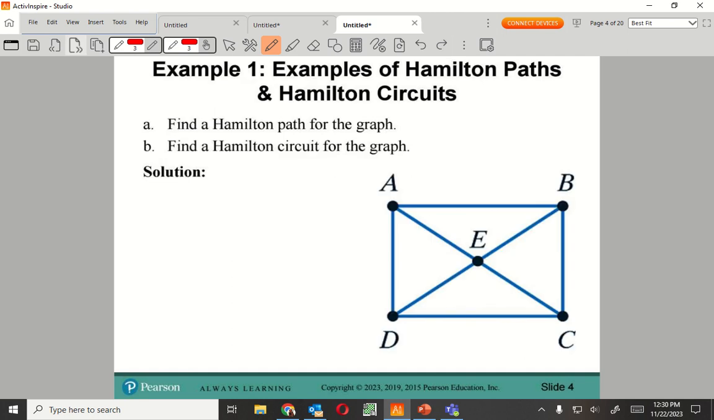Now, find a Hamilton path for the graph. So let's go ahead and start off with A. So we're going to deliver some pizza here. So if I'm starting at A,